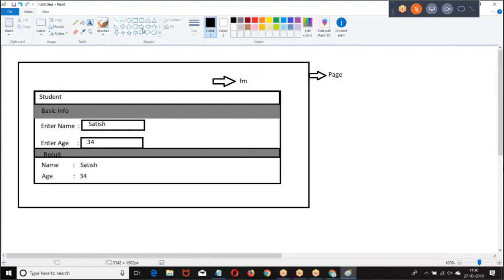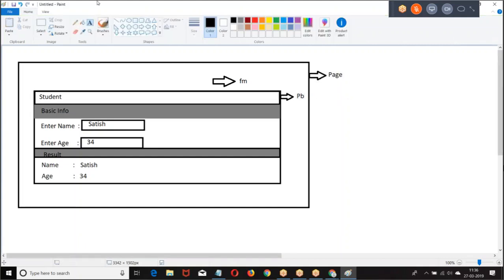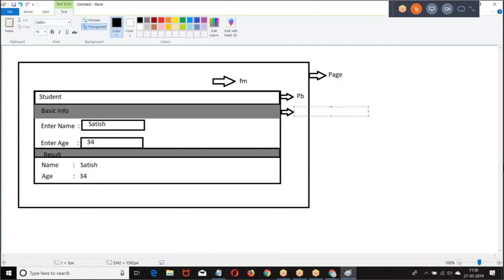In the form we have a page block. In the page block we have a page block section.